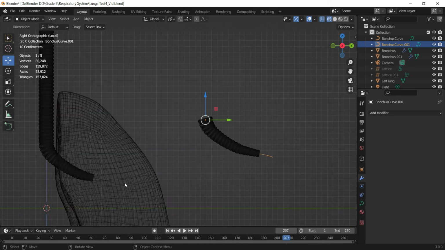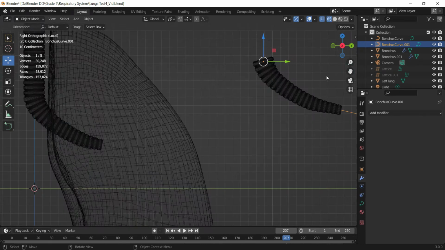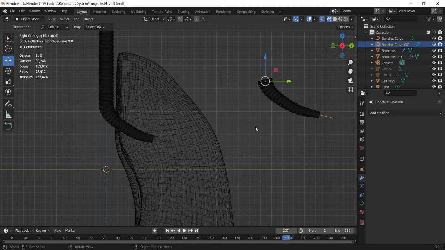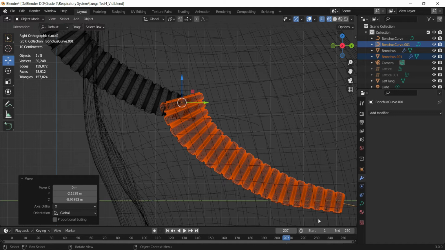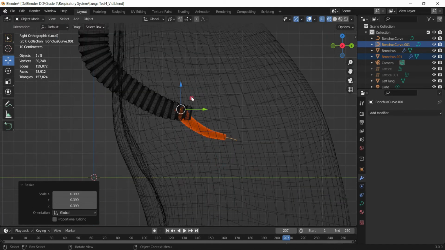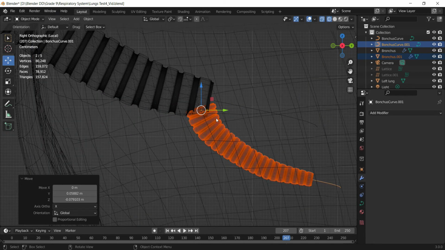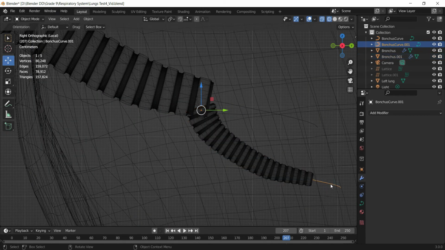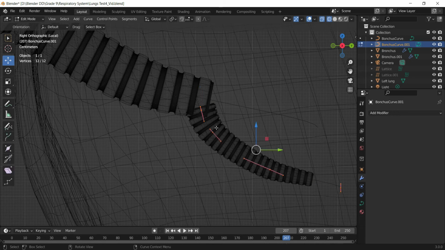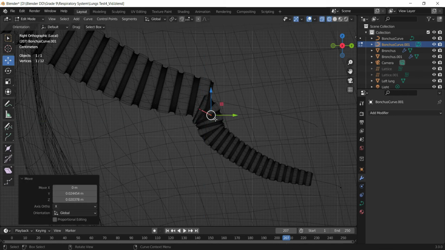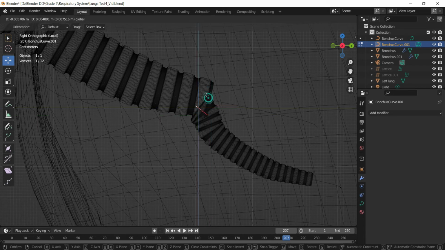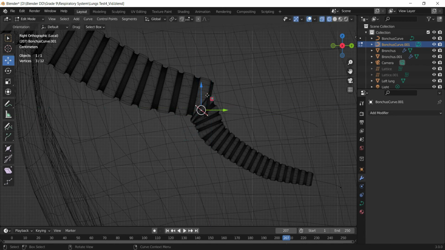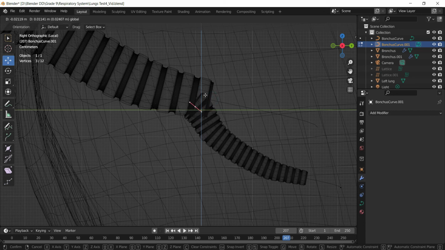So I'm going to switch to the wireframe view and let's select both of them, bring it over here, and scale it down a bit like this, bring it somewhat over here. Then I'm going to specifically select the Bezier curve and change its direction. So I'm going to select this, make it like this. All right.